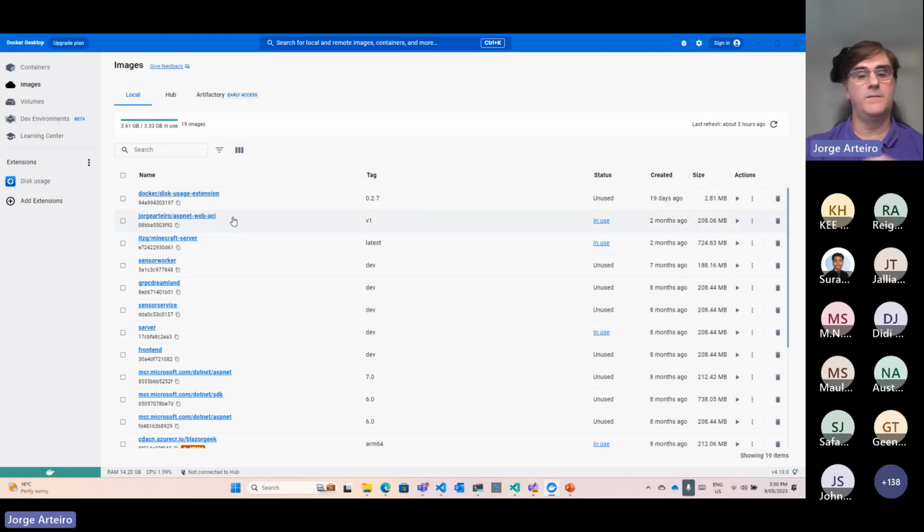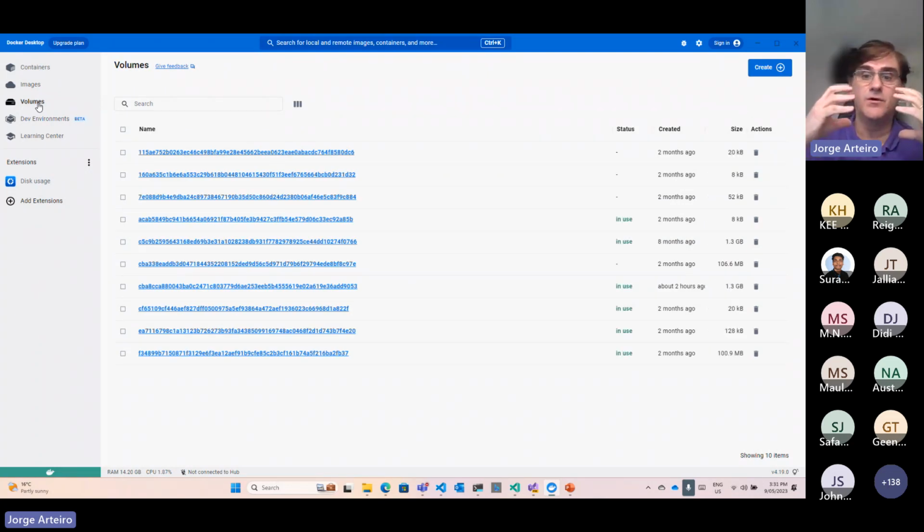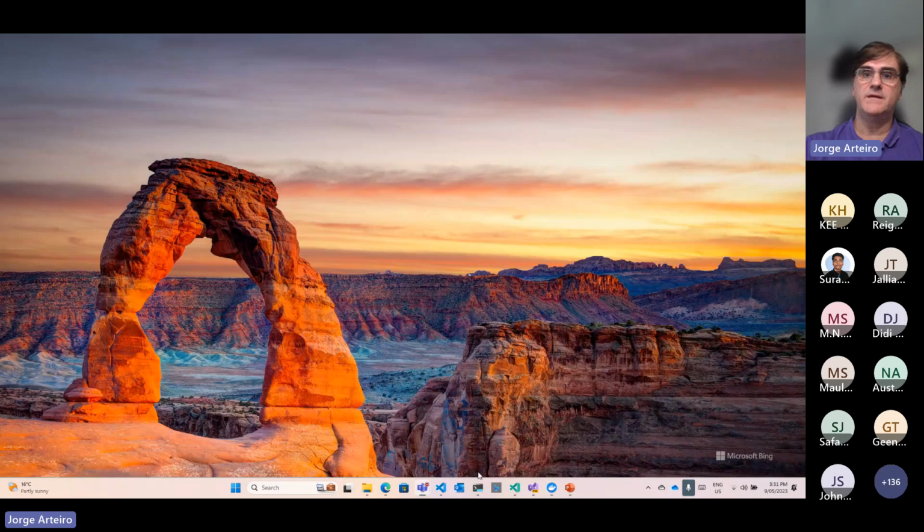There is one thing called Docker Hub. It's like a public container registry that Docker maintains. You can use it mostly for free. Also you can see volumes, like disks that you can attach to your application. You want to run your application in isolation, but you also want to have storage. You want to save to disk, and you can attach volumes. That's what we call Docker Desktop, and when you install it, this is running.